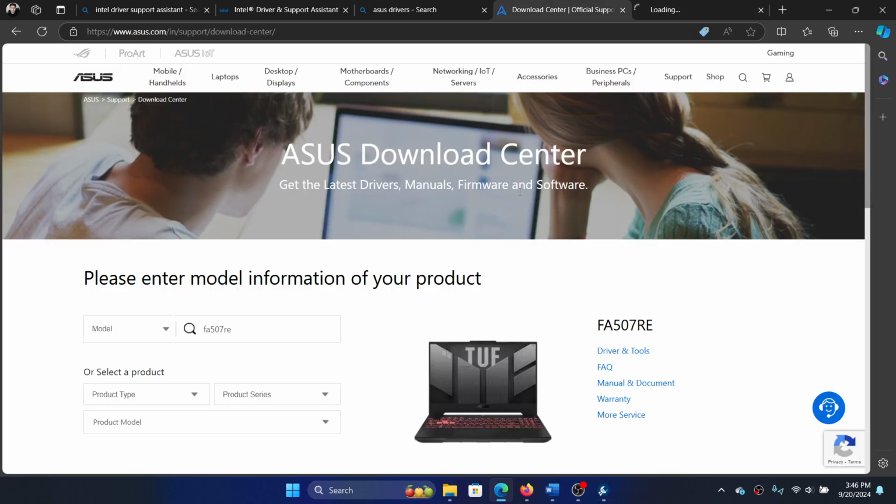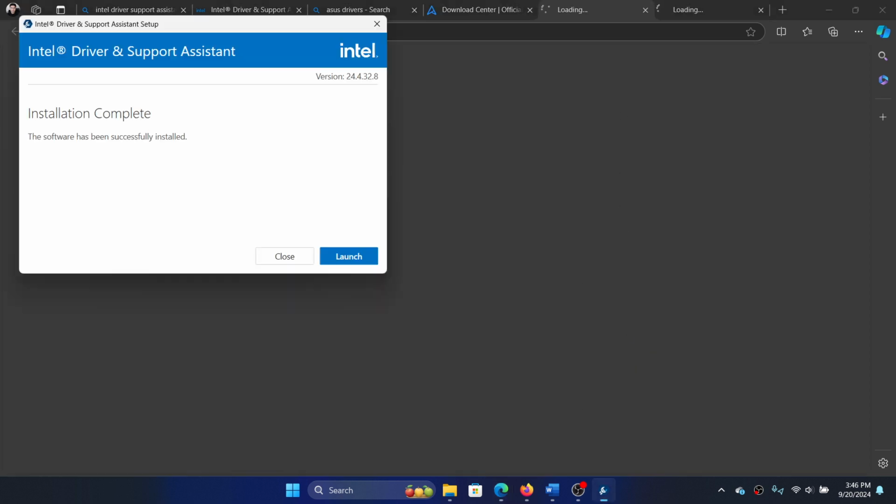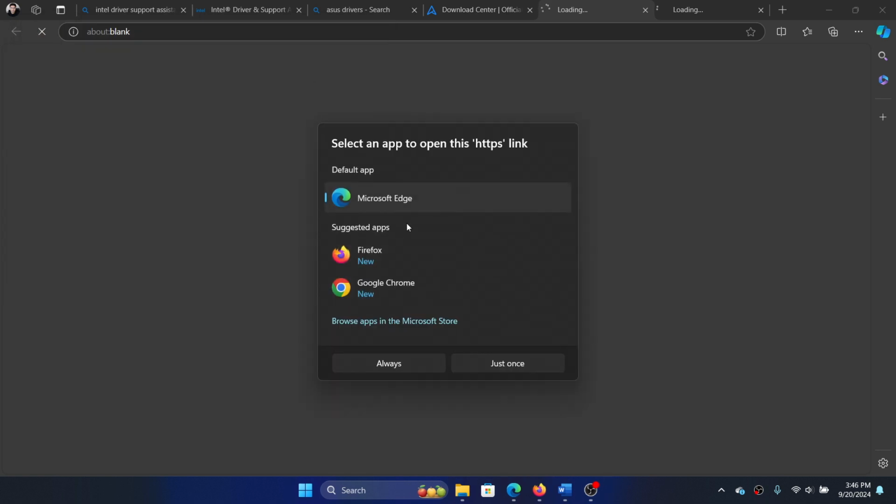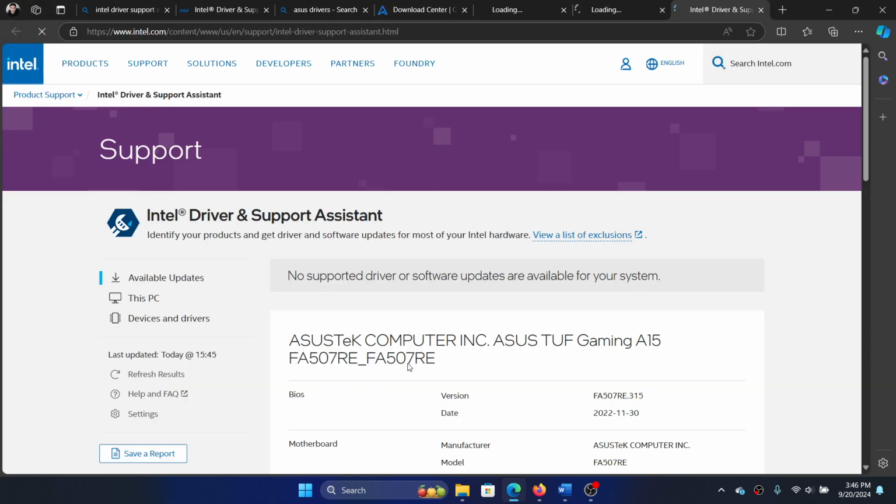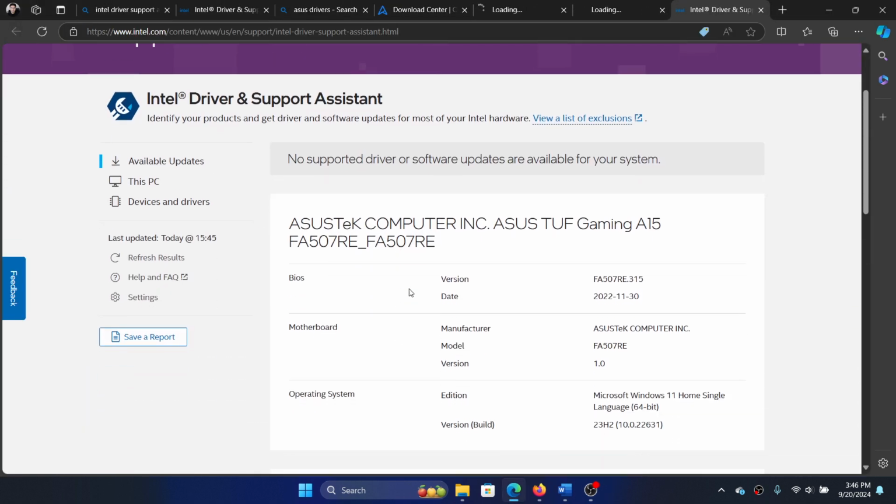Click on drivers and tools. Okay, and then when you click on drivers and tools, it will open the page. Meanwhile, returning to the Intel Driver and Support Assistant, click on launch and then choose a browser. I'll choose Microsoft Edge, and then it says no driver or supported updates are available for your system because I'm using an AMD system. But in case you have an Intel computer, it will automatically check for all the drivers